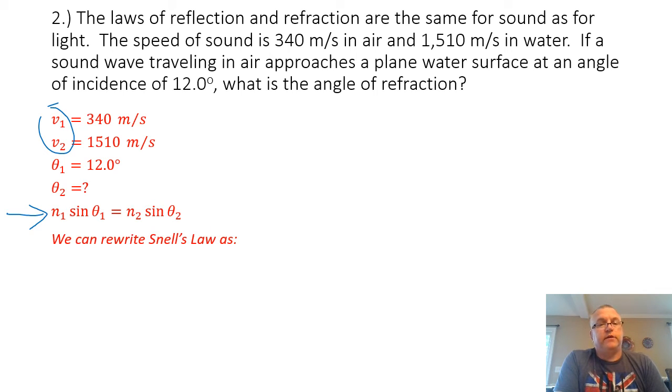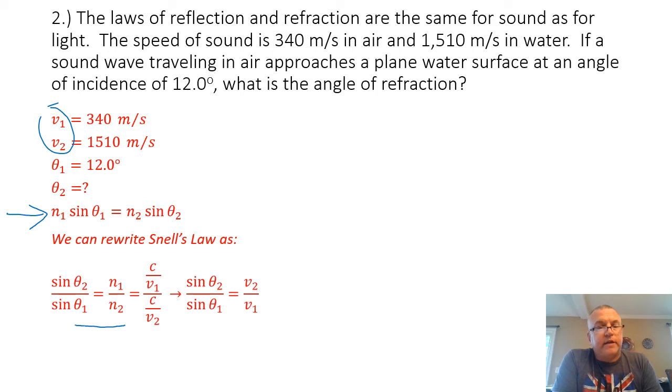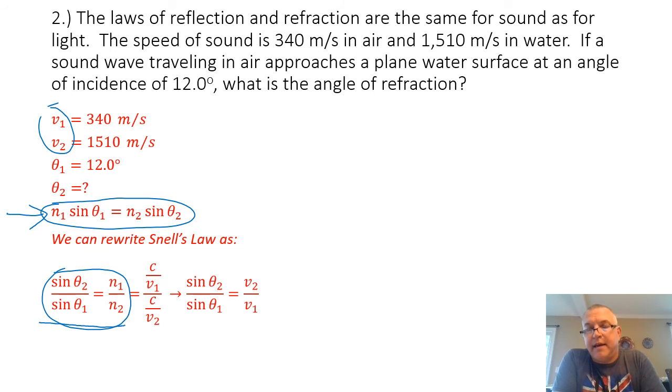Let's rearrange this a little bit because I want to try to isolate the indices of refraction. So I can rewrite Snell's law to say sine theta 2 divided by sine theta 1 equals the index of refraction of the air divided by the index of refraction of the water. Now, this formula and this formula are the exact same thing. They're just rearranged a little bit. I divided both sides by n2 and then divided both sides by sine theta 1, and I got this. And the reason why I wanted to do that was so I can isolate my